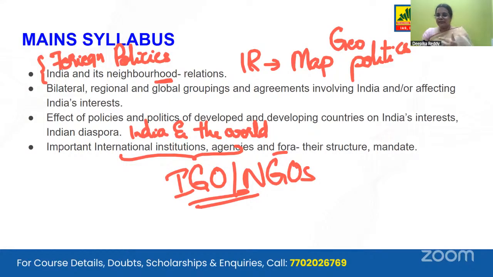Then the third aspect of the international relations syllabus would be the other news, that is, the relationship between different countries, and between different organizations and countries. That is the third aspect. That is unlikely to be asked, meaning it is low priority and asked less, but the other two, India and the world, and IGOs, are asked more.